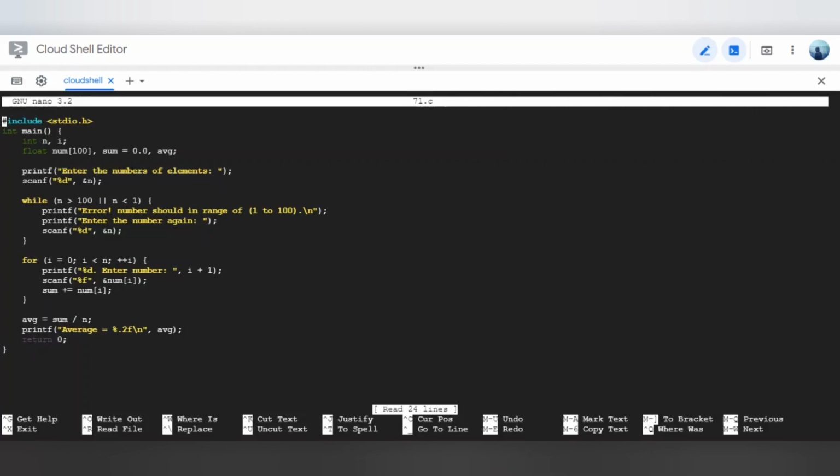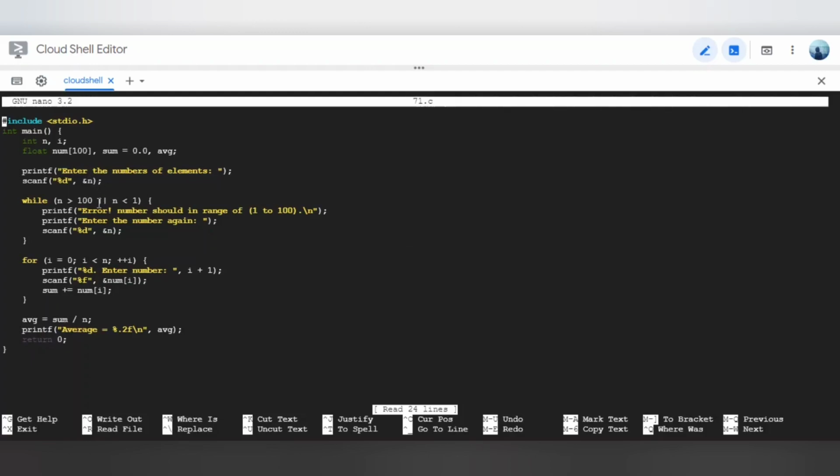So at first, the user is asked to enter the number of elements and that has to be stored in the array. That means the size of the array, and that value is stored in the variable n.